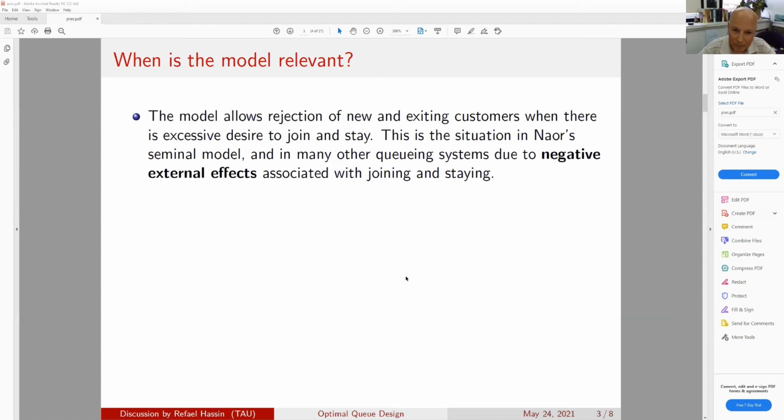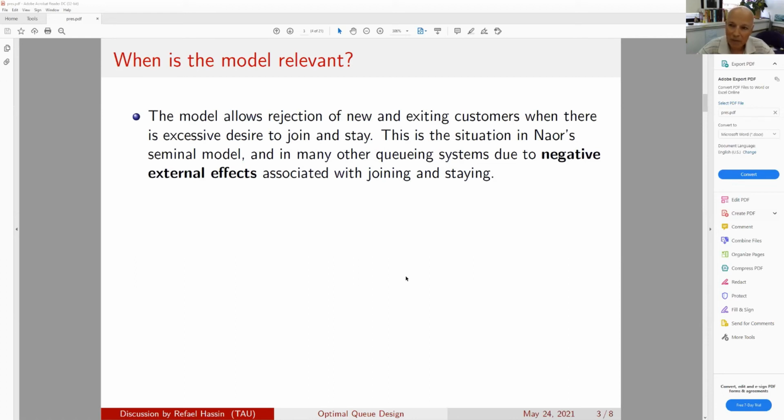Now, one new property of the model is that it allows rejection of customers both when they arrive and when they are already in the queue. You can tell them to abandon the queue. Now, this assumption does not exist in most of the literature, or maybe in all of it, because in most